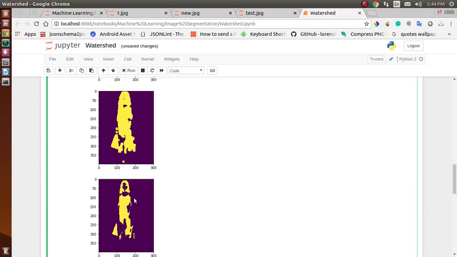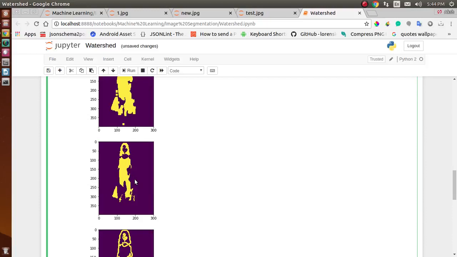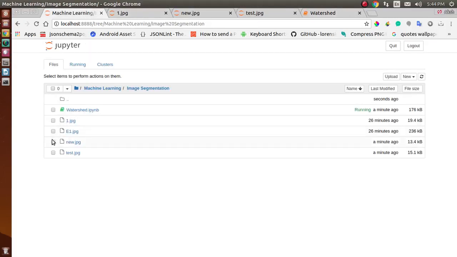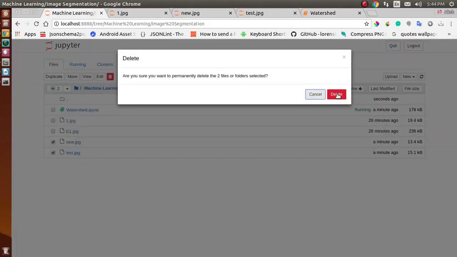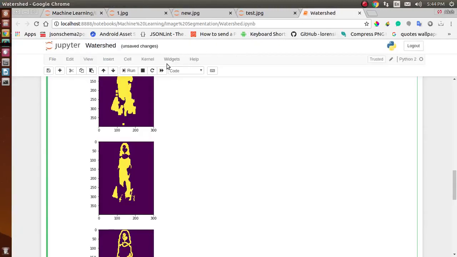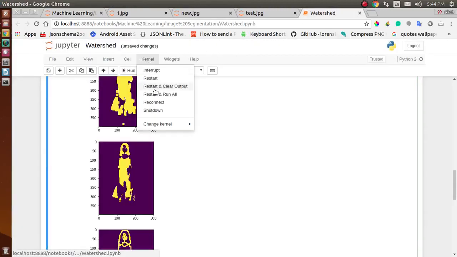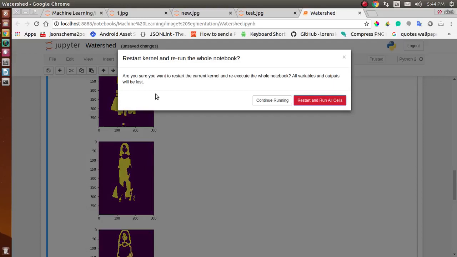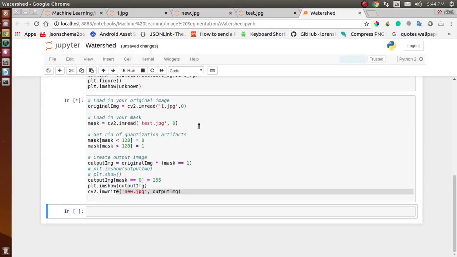So this time this segmented image is saved, and on this segmented image it will segment out your original image. So let's delete these 2 images first, and we will run our code again, and then we will check what segmented part we get in our foreground image.